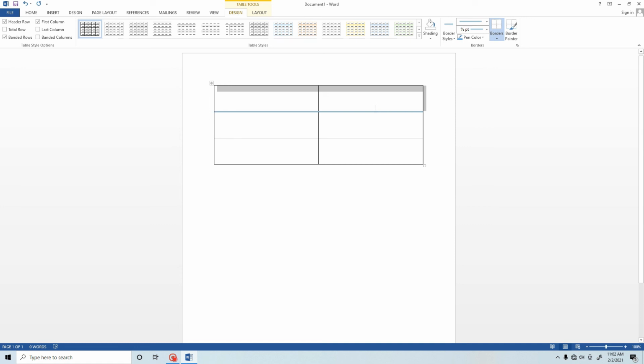Next, inserting pictures in a table. What is this? Inserting pictures in a table. How to insert a picture in the table, ma'am? We have discussed. Okay, ma. Click in the cell where you want to insert a picture. First of all, you want to select the location. I want to click it here. Okay, ma. See, I just clicked here. I need to insert a picture in this cell.